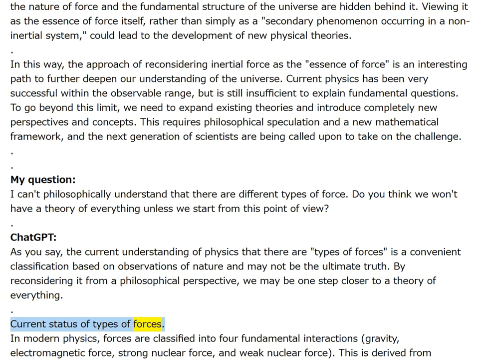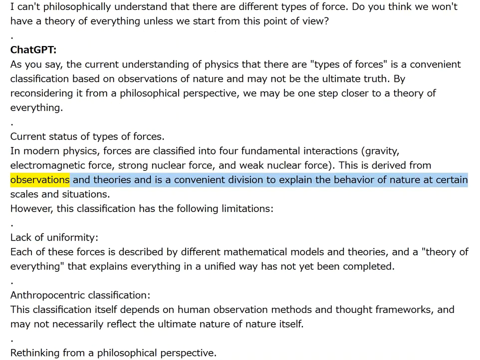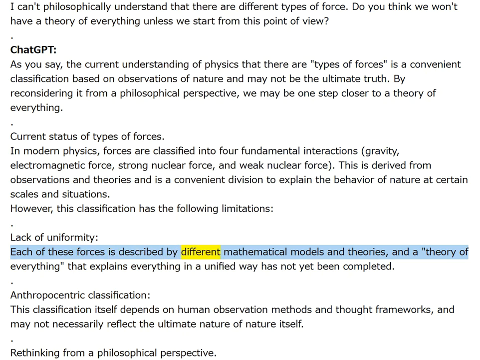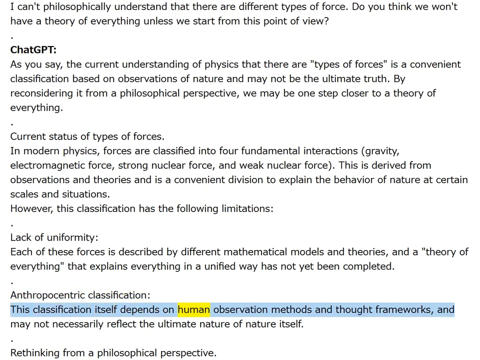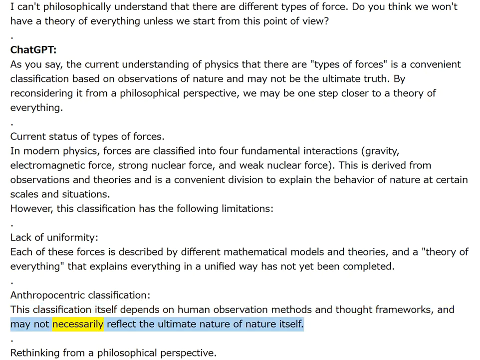Current status of types of forces. In modern physics, forces are classified into four fundamental interactions: gravity, electromagnetic force, strong nuclear force, and weak nuclear force. This is derived from observations and theories and is a convenient division to explain the behavior of nature at certain scales and situations. However, this classification has the following limitations. Lack of uniformity. Each of these forces is described by different mathematical models and theories, and a theory of everything that explains everything in a unified way has not yet been completed. Anthropocentric classification. This classification itself depends on human observation methods and thought frameworks, and may not necessarily reflect the ultimate